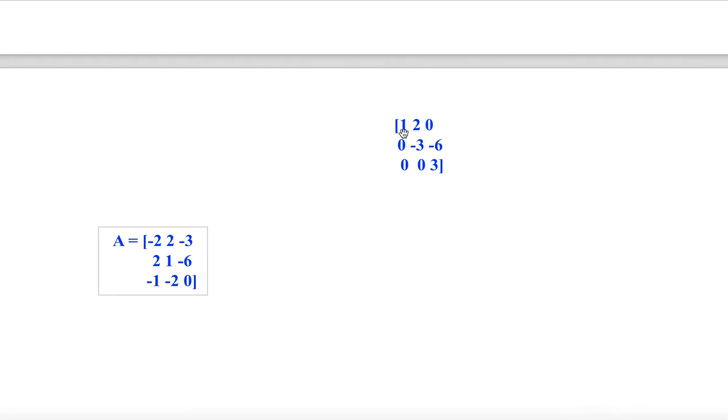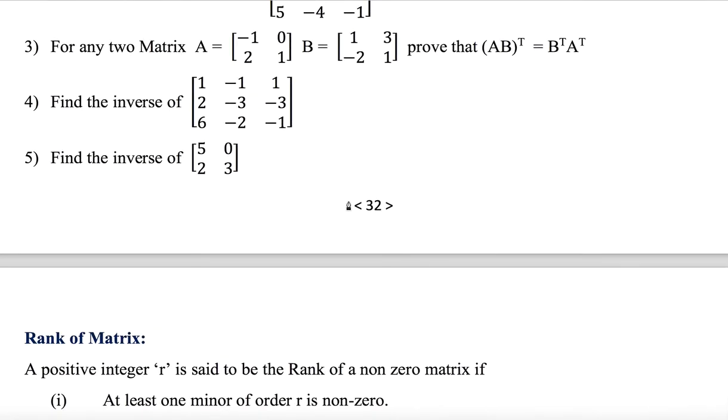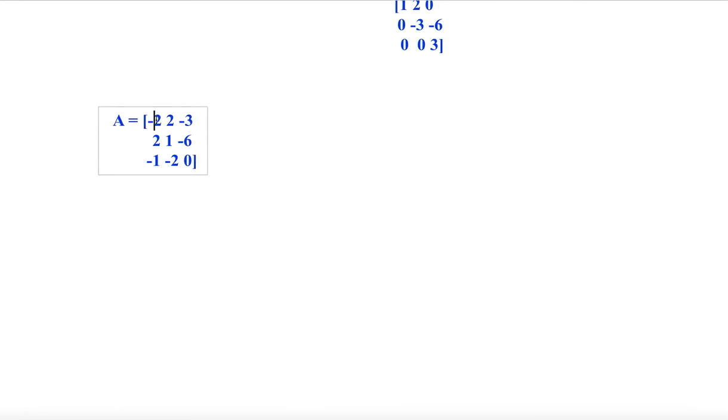But what are the elements? That is a good question. Where is it? Right. Elements are 1, minus 1, 1. Okay, 1, minus 1, 1. No space, no space, no space, no. Okay, already space is given. So minus 1, 1. All right.